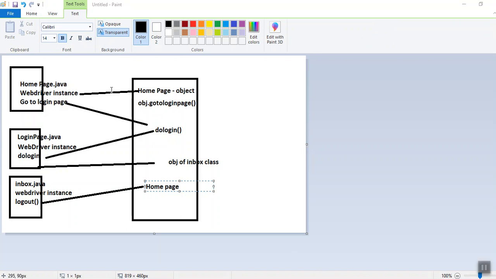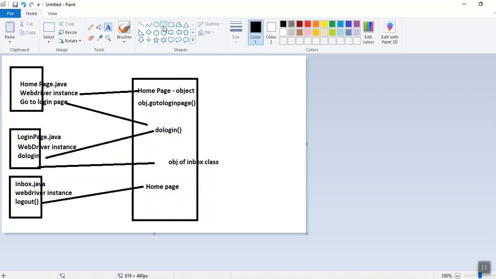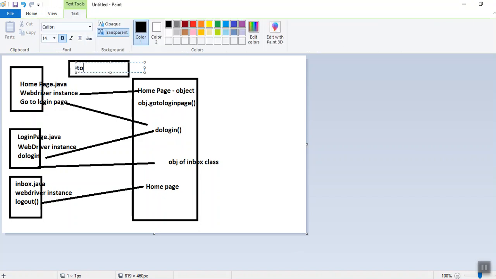So how is it useful? Suppose we have something common for every page, like a top menu. We will create a TopMenu.java class, and we will encapsulate this class in all the 3 different classes. In the constructor, we will initialize the top menu, and the top menu will have the common features for every class. So this is basically a brief description about the frameworks which we can tell in our interviews.